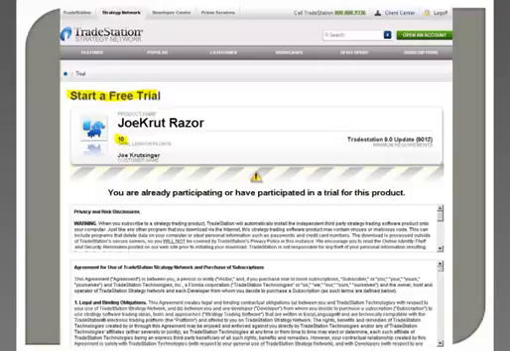Now, when you start a free trial, since I've already participated in the trial, it says, oh boy, you can't do it, but all of you will be able to do it. And it'll come up with just the chart of the E-mini S&P in the March if you use version 12, and it'll show the buys and sells. You can automate it or put it on the simulator, and I also will give you a table that will show you the inputs for 16 different markets. So you don't just have to do the E-mini S&P, you can try many different things.